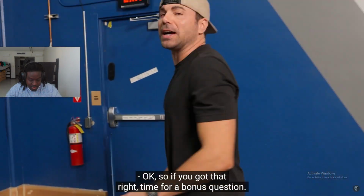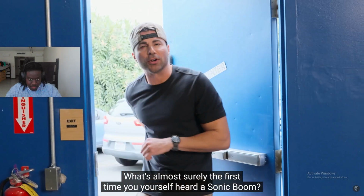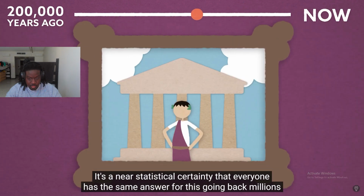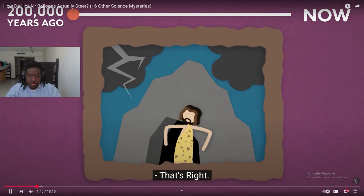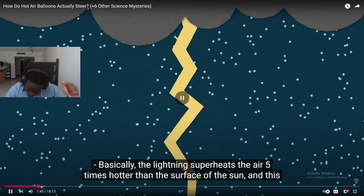Okay, so if you got that right, time for a bonus question. What's almost surely the first time you yourself heard a sonic boom? Here's your clue. It's a near statistical certainty that everyone has the same answer for this going back millions of years. That's right, thunder. Basically, the lightning superheats the air 5 times hotter than the surface